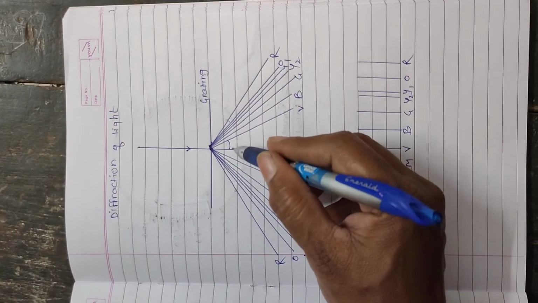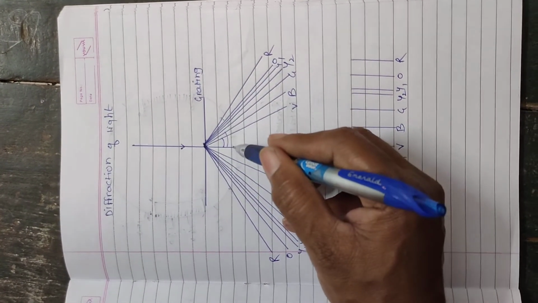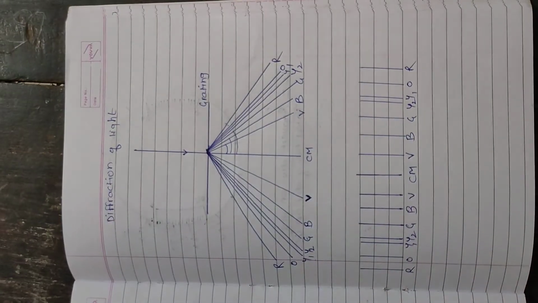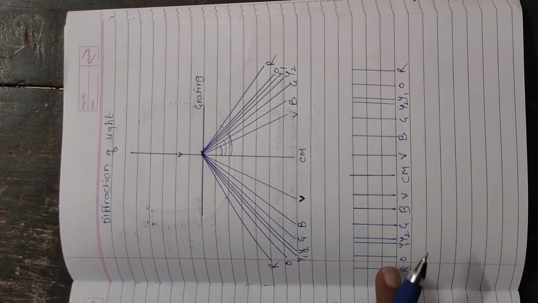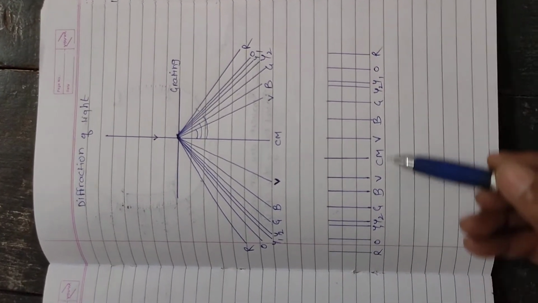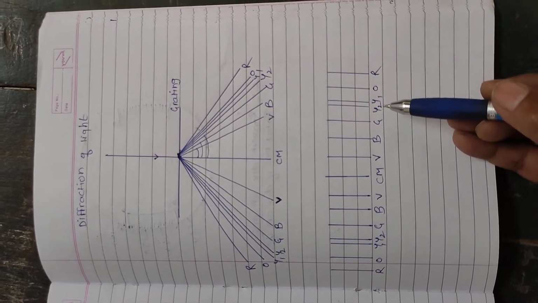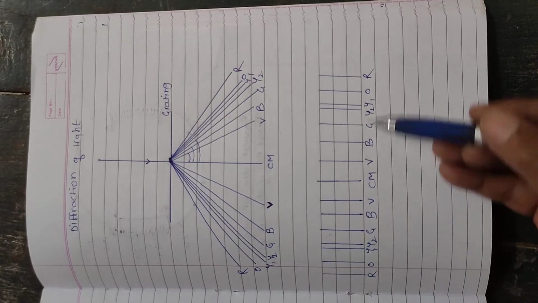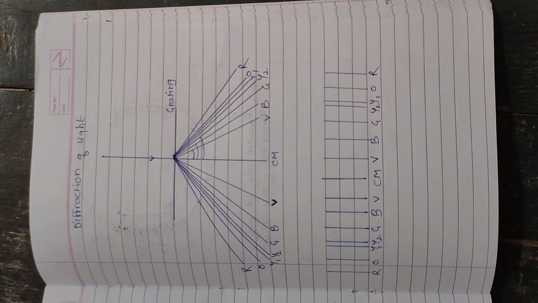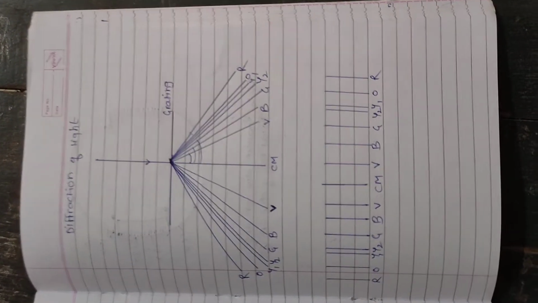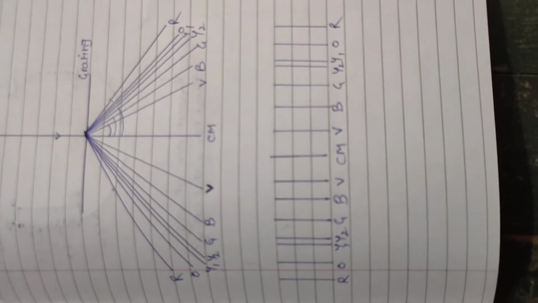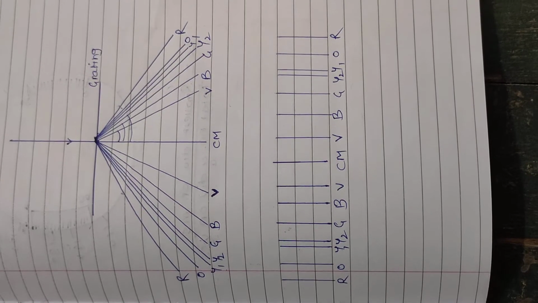We have to measure the angle of diffraction of blue light, then green light, then yellow light, and so on. Now this spectrum, when observed through the telescope, appears like this because the light is entering through a slit which is in a vertical position. So naturally the complete spectrum looks like the shape of your slit.